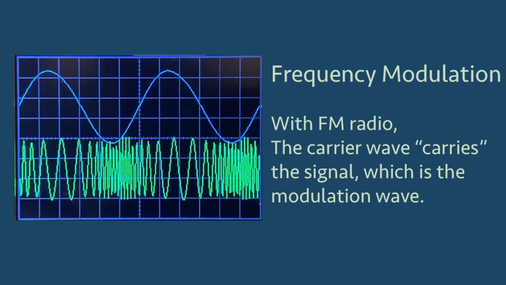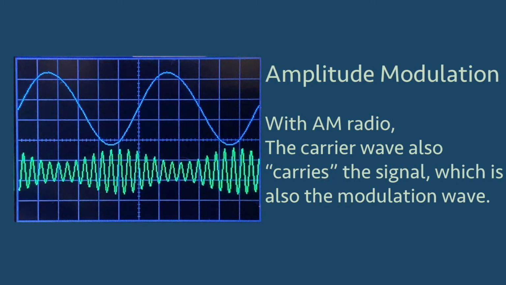Frequency modulation is a concept that actually predates synthesizers, as it is used in radio transmission, what we know as FM radio. It was invented in the early 20th century and was an improvement upon other transmission types, like AM radio, which uses amplitude modulation, which we discuss in another video.